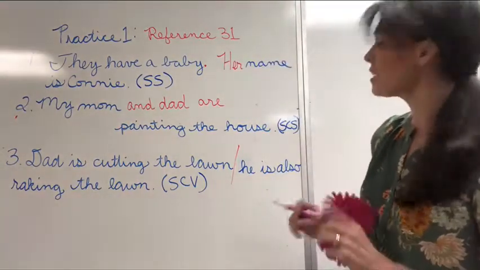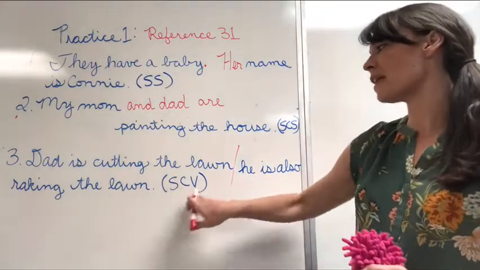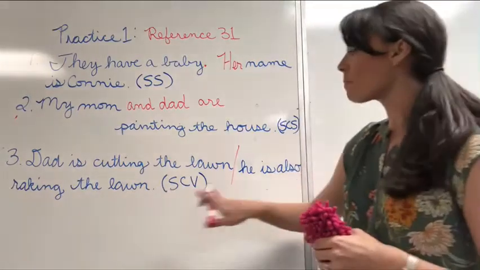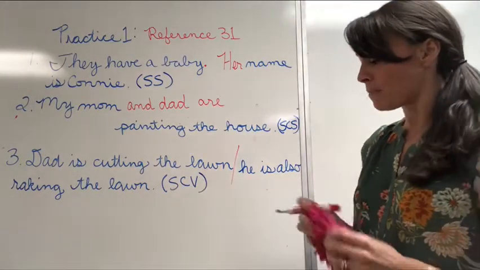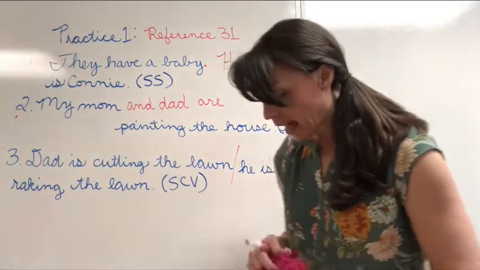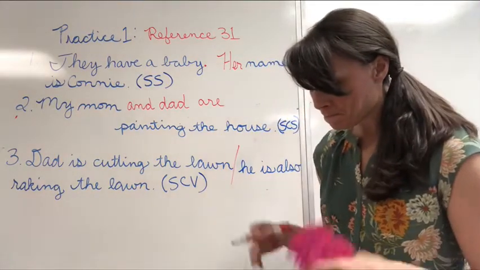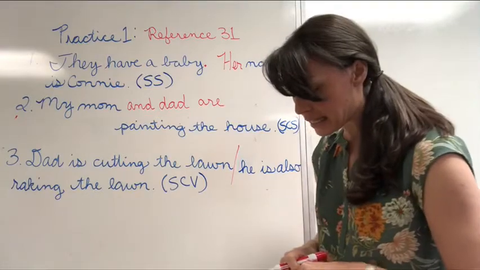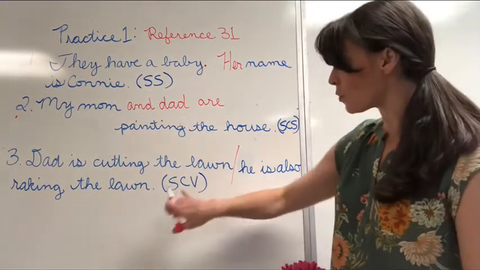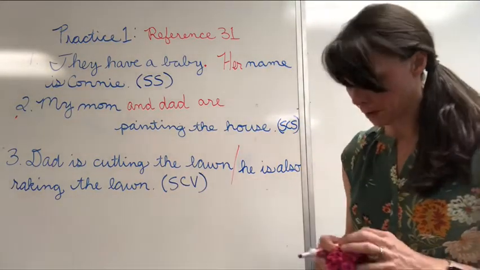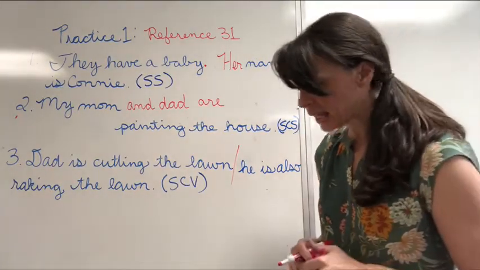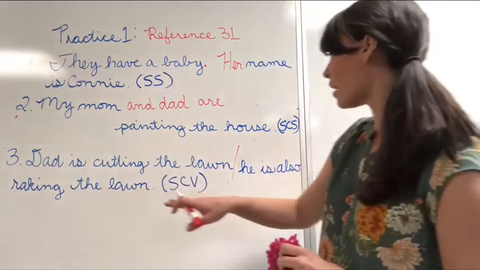Now look at the end of number 3. It says SCV, which I know now stands for simple compound verb. All right, and so I have a run-on sentence that I can correct by making it into a simple sentence with a compound verb. So the first thing I need to do is get rid of